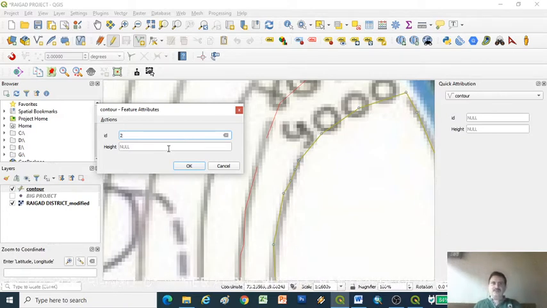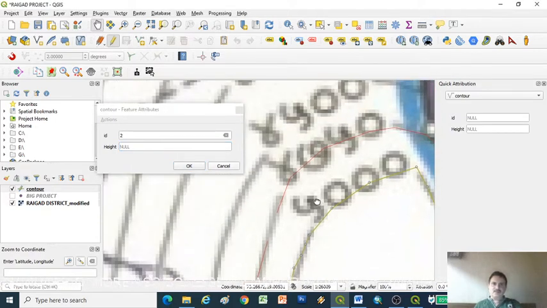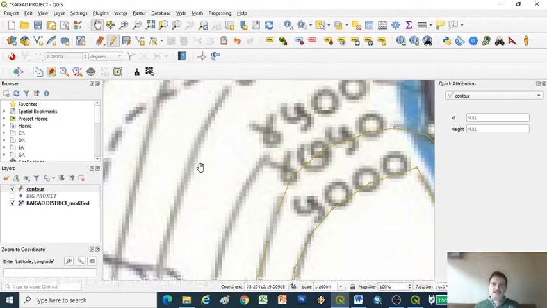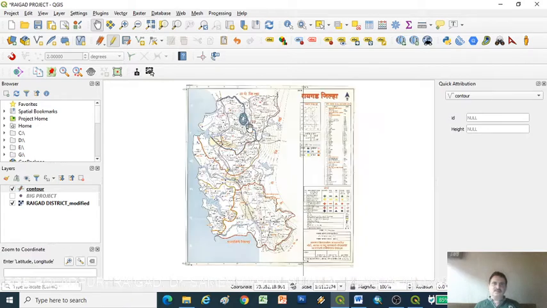The ID number is 2 and I want to mention the height here. Okay, now I will use the pan tool and note the height, which is 4750, and make it okay. So my second line is ready. Okay, now my two lines are digitalized,